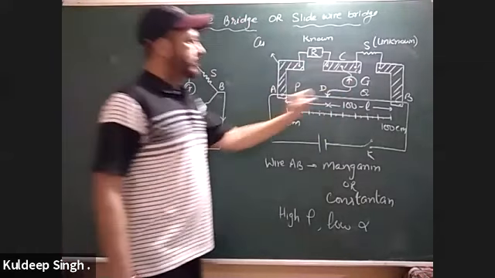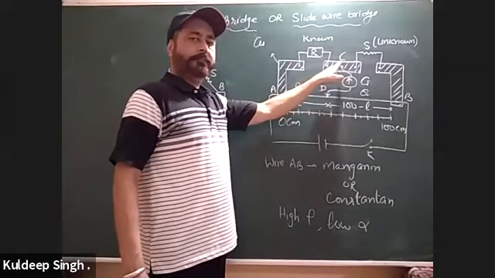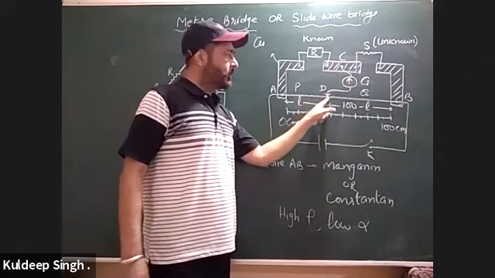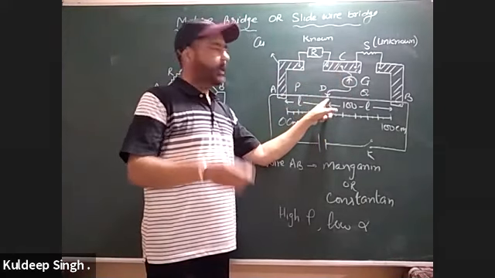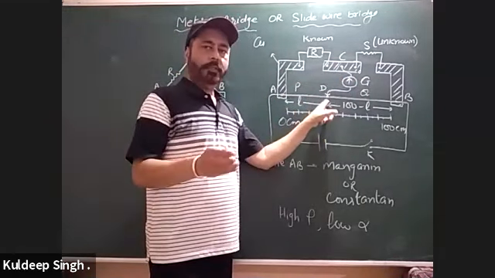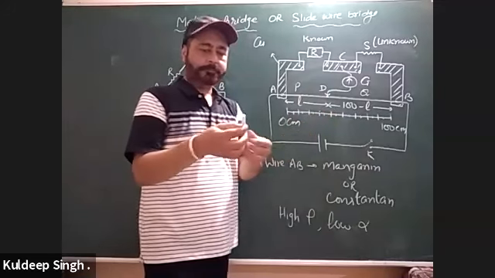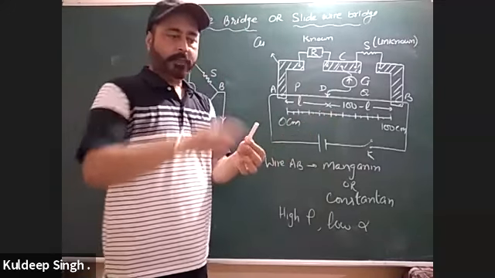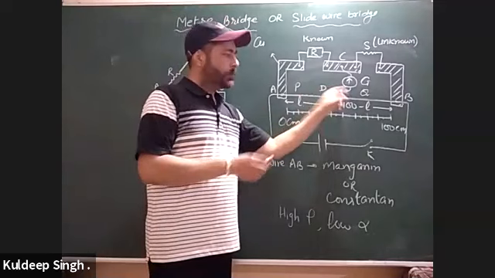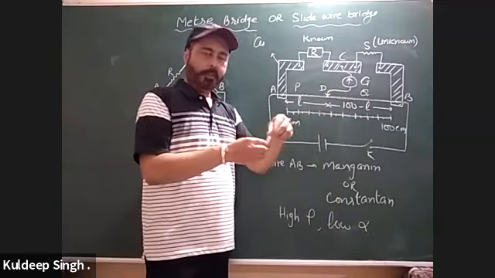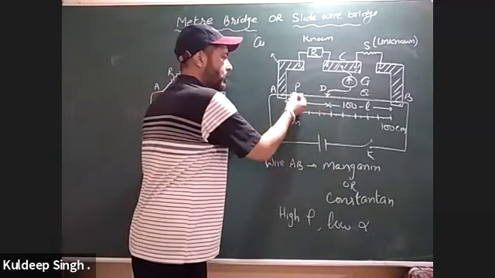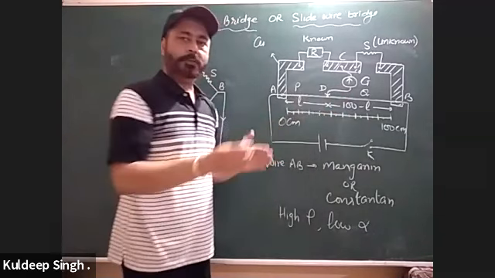Now here, this end of the galvanometer is fixed, whereas the second end of the galvanometer is free, and it is connected to a jockey. Jockey is a pen-like device where you fix the loose end of the galvanometer, and then you can slide the jockey over the line. Why do we slide the jockey?